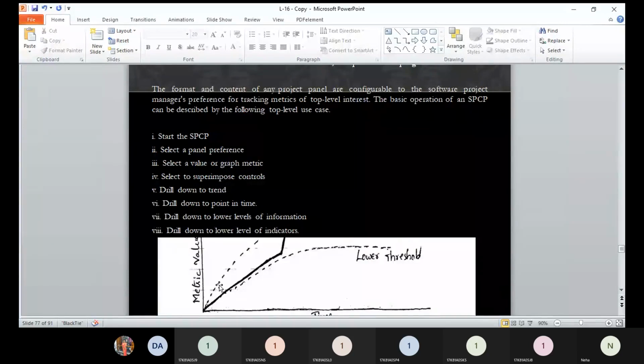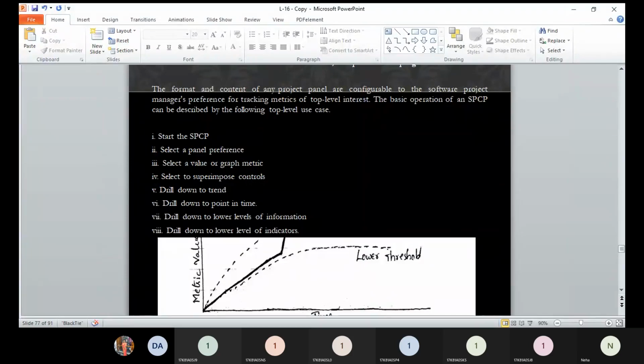Lower level of indicators means break down the next level of indicators, how you are going to represent the next values which will indicate the information of interest of the user. That is the purpose. Okay, so that is the thing.